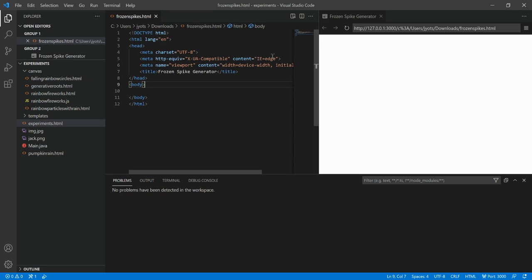In this video, we're going to be covering how to use HTML Canvas to generate frozen spikes. It's a pretty cool effect if you get it right. So let's begin. First, I'm going to go to the HTML and put a canvas element, then go to